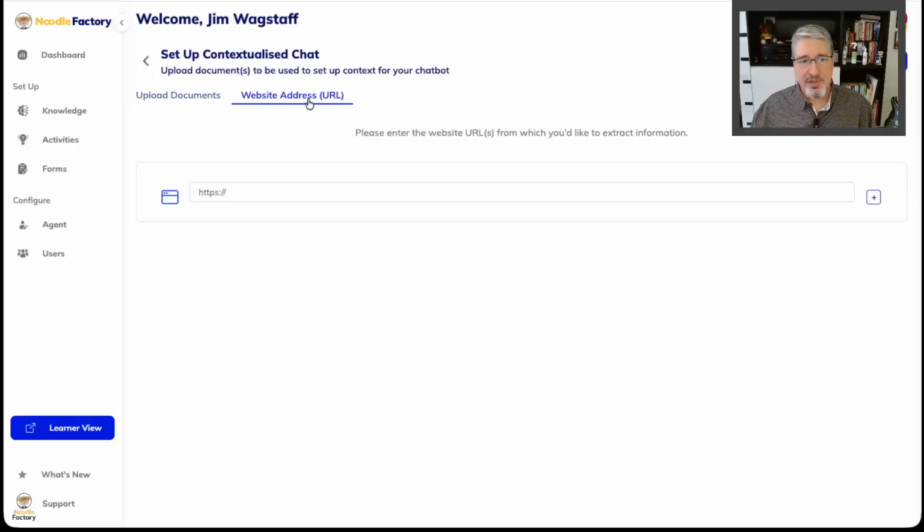It could come from that plus a combination of storage locations, website locations. If I was in a learning management system right now, like Canvas, Moodle, D2L, or Blackboard, I could point to the content sitting in those locations. I am not in the learning management system right now, but that could be the place where I go to set up. So you upload slides, notes, reading materials, that's it. Walter doesn't go, and this is the important part, doesn't go looking anywhere else. It's not going to look out on the internet. It's not pulling from sources that you haven't approved. So the knowledge base is exactly what you put in, nothing more.